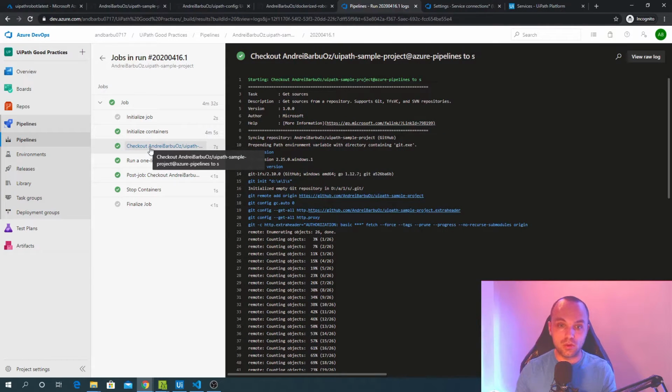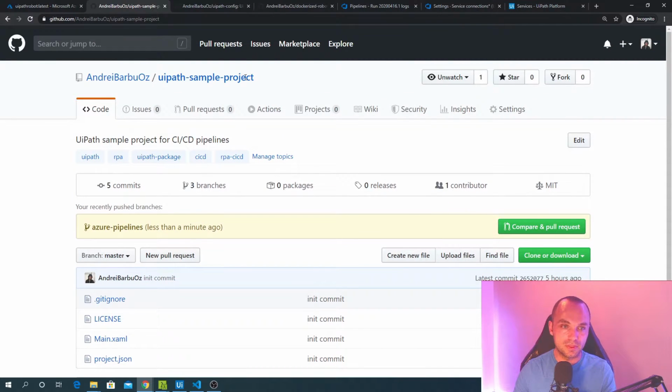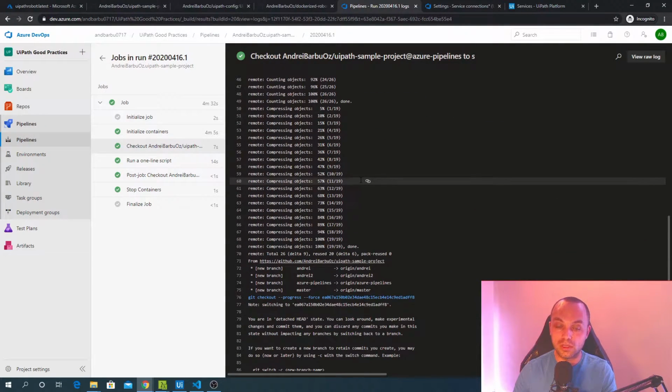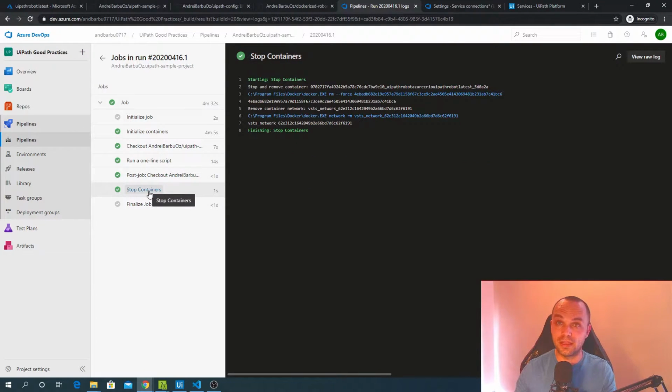Then it will download the code which resides here in GitHub. So our project is on GitHub right now, and the pipeline will download the latest commit locally on the build agent, and then it will run the one-line script, which is hello world. We'll stop the container and finalize the job,